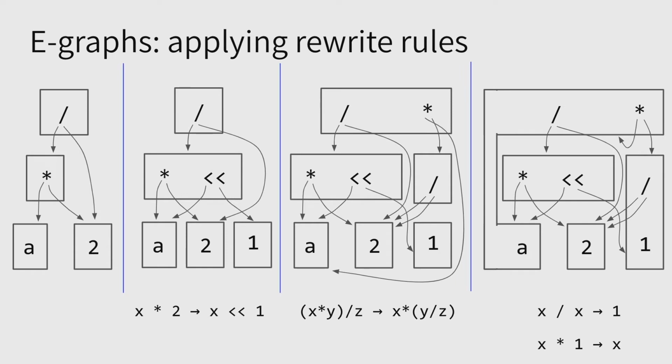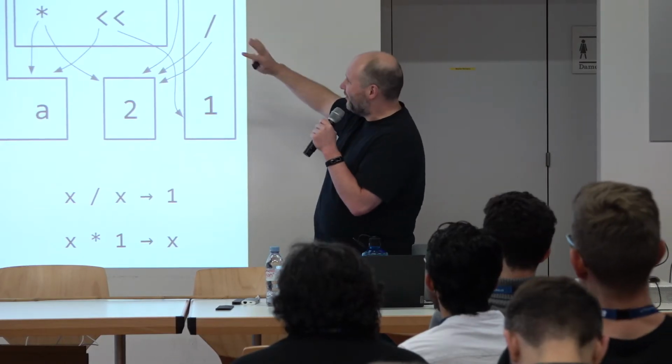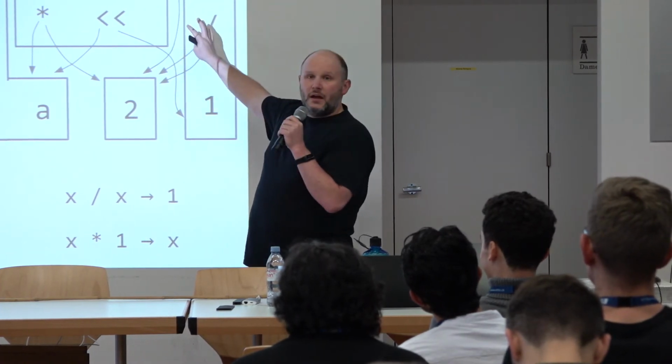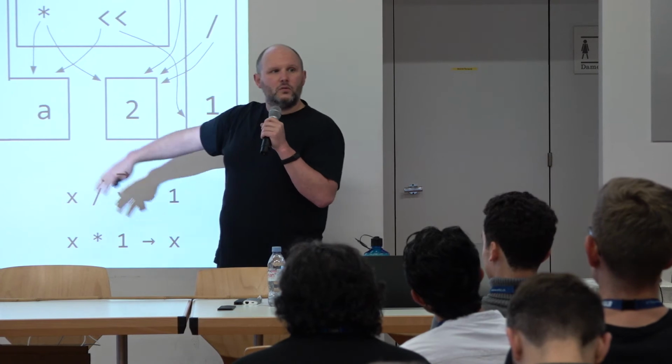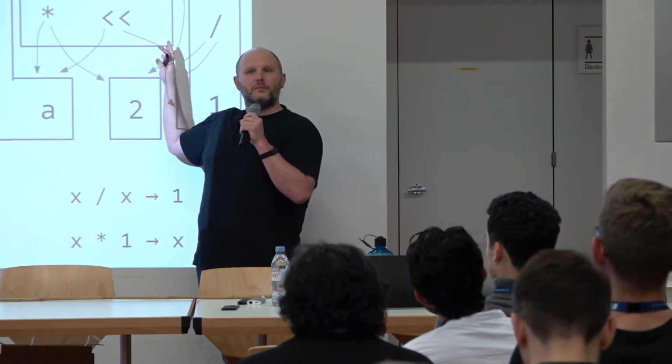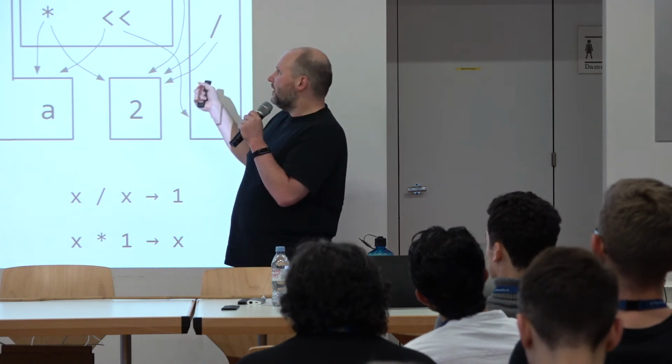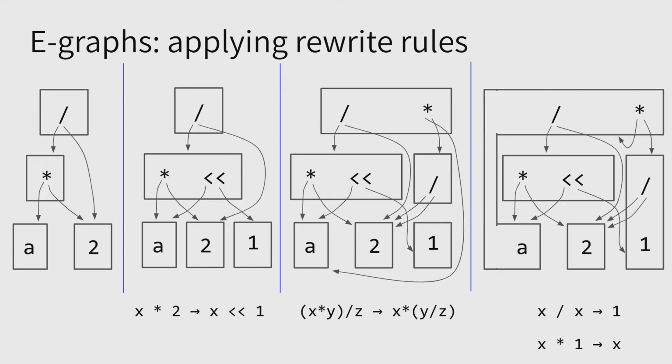And things get a little bit hairy. But this is actually kind of neat because this eGraph, at this point, we're going to talk about a little bit more, not too much. You don't have to understand all the arrows and boxes, oh my goodness. But this is at fixed point. If we apply our rules one more iteration, this won't change anymore, which is neat. That's where the name saturation comes from, right? What it means is that this eGraph has discovered all the equivalences that are derivable from that set of rewrite